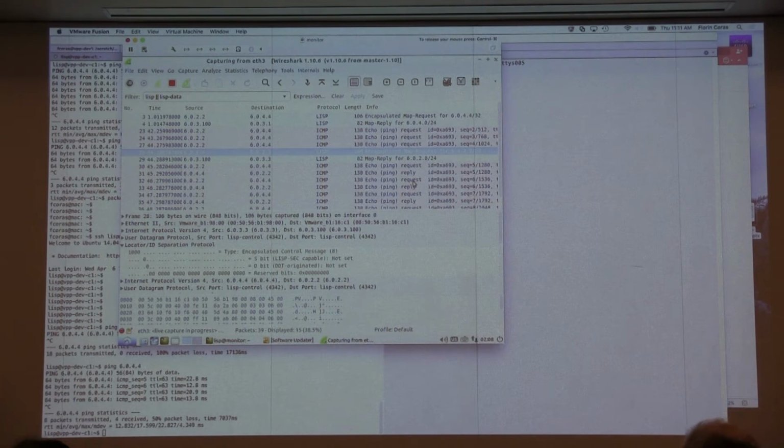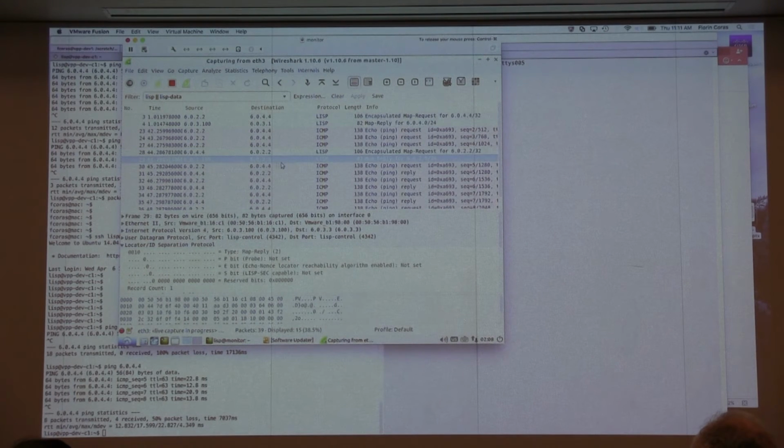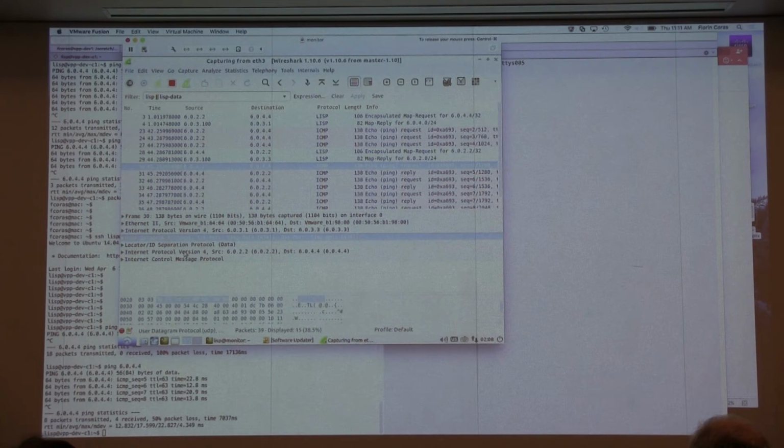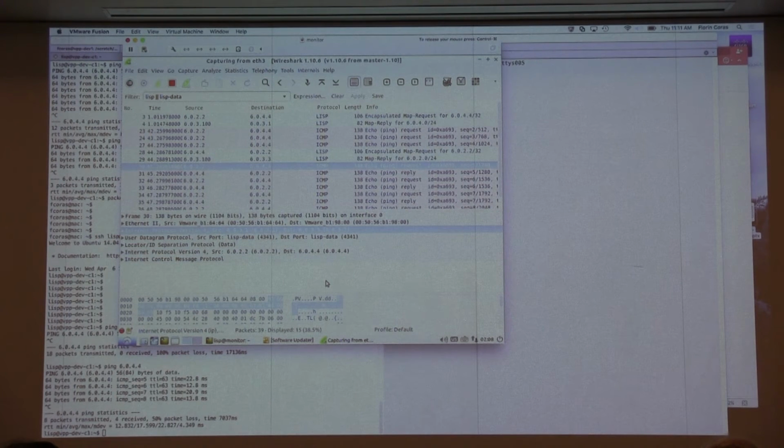Now the other router itself doesn't have information about the source of the packet, so we'll send just the map request itself, try to resolve the world. And once it obtains it, pings start flowing. So you can see here, actually this would be a good ping. You can see here that packets travel encapsulated between the two hosts, and the packets go from 6022 to 6044, but they traverse the core of this underlay encapsulated